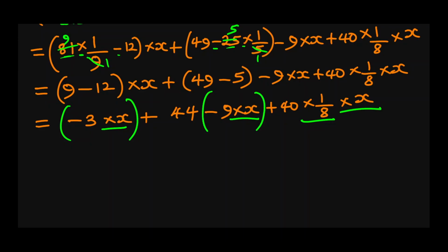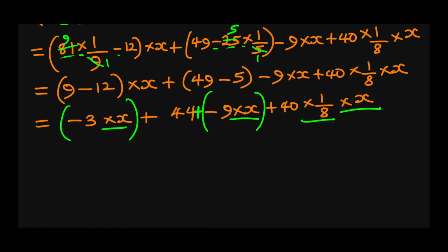If you remember our lesson on removing brackets, when we put this bracket, we have to put plus here to show that the 44 is not multiplying the bracket. The reason why we move the minus into the bracket is because minus can change things if it is outside the bracket. We did all this in removing brackets in lesson 6. So if you are not clear, go back and watch that.